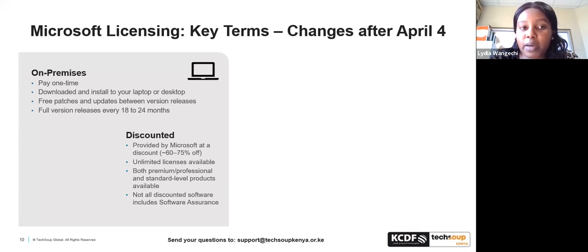But also it is part of Microsoft's strategy to eventually migrate organizations to the cloud, because in the long run, you will see that going the cloud way would be cheaper than the on-premise way. Because with the on-premise, when a new version or release is out, you would need to go back to your reseller. If it is TechSoup Kenya, you will need to come back to us and get a new release. Currently Office Standard 2021 is what we are selling. And if Office Standard 2023 later on comes out, then you will have to go back to your reseller and purchase Office Standard